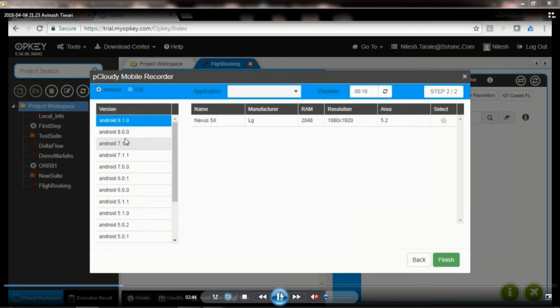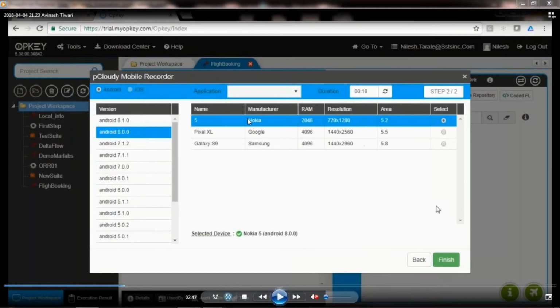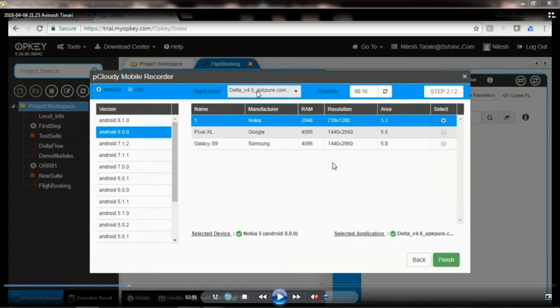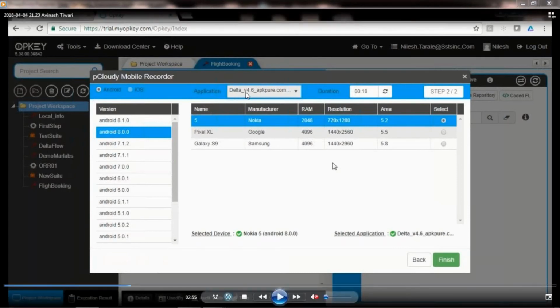So in this case, I'll be taking Nokia 5. You can see Nokia 5 I have just selected, and then I have to select the application for which I want to create my test case. So I have just selected Delta, which I have earlier notified to you, though I have uploaded bookmyshow bms.apk, that is just for the sake of understanding, but I wanted to showcase you something from the Delta application. So I have just selected the Delta application,